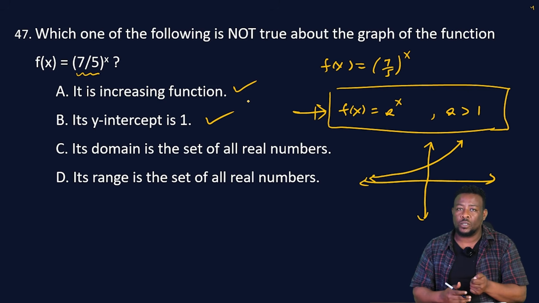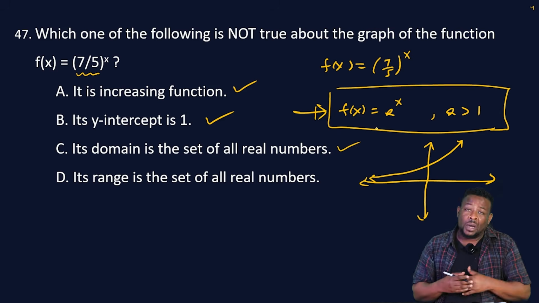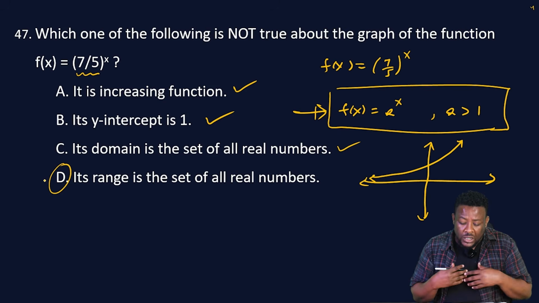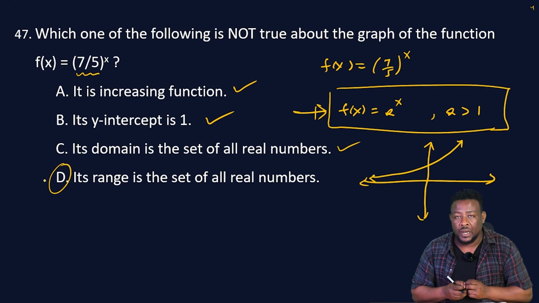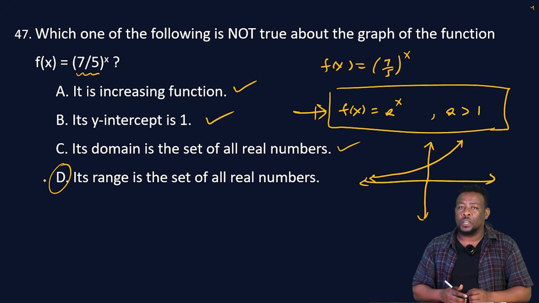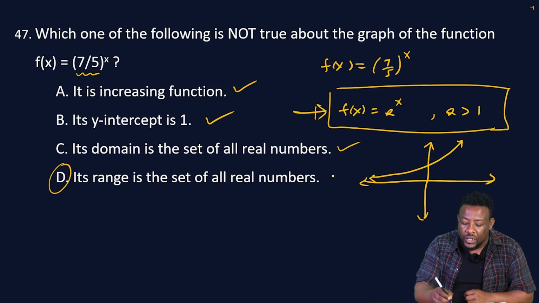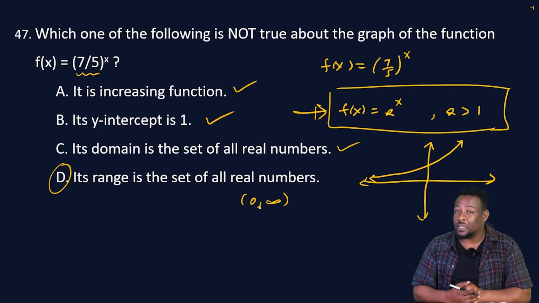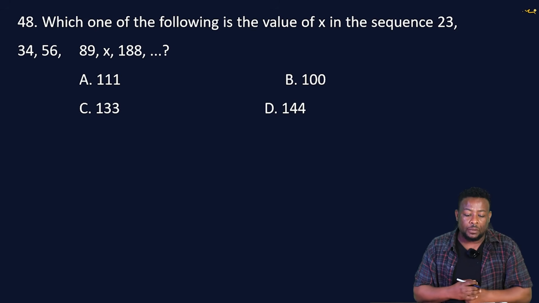For any x we can have an output for y so ሲም ትክክለኛ ነገር ነው። By default መልሳችን d ነው የሚሆነው d ብለን እናከባለን ፈተና ከሆነ ግን d wrong የሚሆንበትን ምክንያት መናገር አስፈላጊ ነው። ምንድነው d የሚለው its range is the set of all real number ይለናል። የዚህ ፋንክሽን ሬንጅ ወይንም possible y values real number አይደለም። ኦኬ the range is only 0 up to infinity ወይንም positive real number ነው። ኦኬ so የ47ኛው ጥያቄ መልሳችን d ይሆናል ማለት ነው።